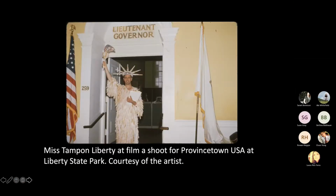So Miss Tampon Liberty is loud and visible, but she's certainly not in charge. The title Miss was chosen by Critchley as a contrast to the increasingly popular Ms. of the 1970s, suggesting that this figure is defined by strict gender roles, as well as beauty contest and aesthetic discipline. So transgressing these boundaries as a cis man, Critchley's gender-bending performance was shocking to the onlookers who understand what